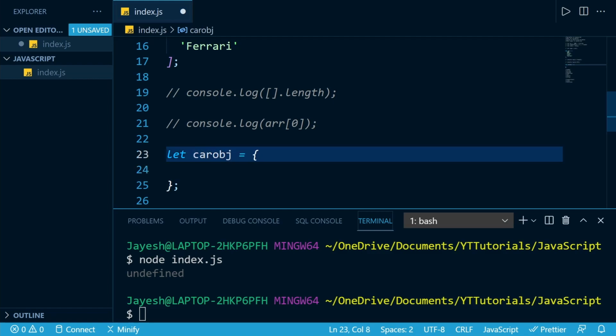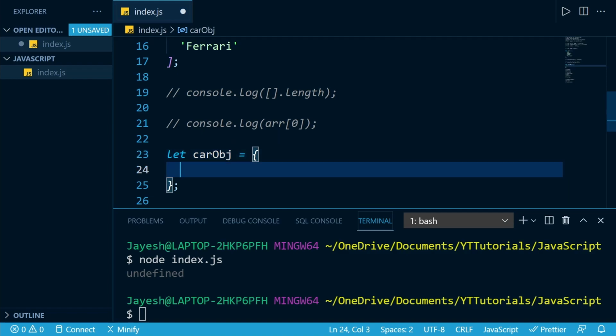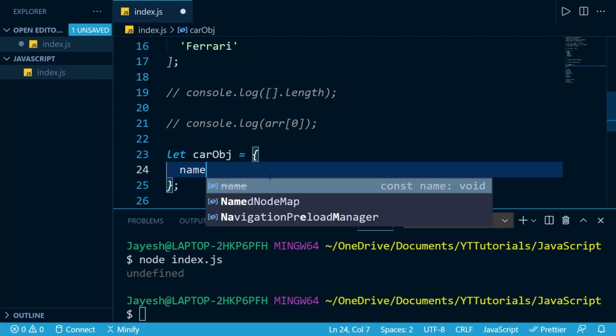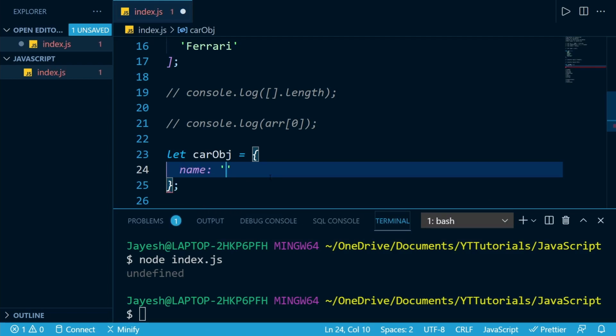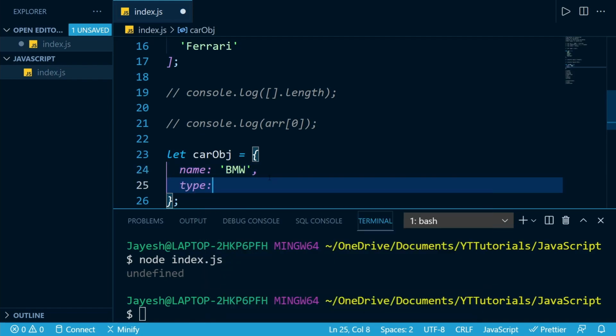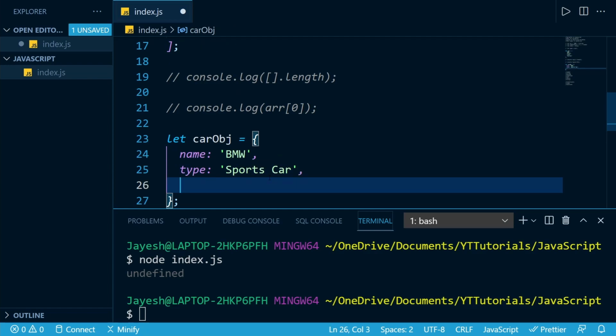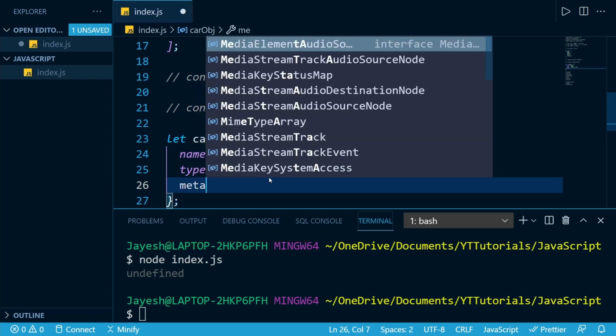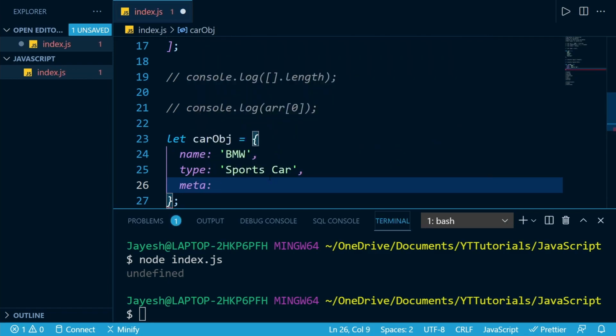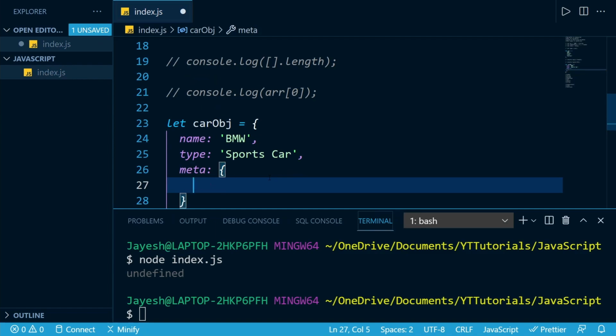maybe we want a car object. It will have the following properties. The car will have a name, of course, maybe it's BMW, and the car may have a type, maybe it's a sports car. And it may have some metadata, so we may have some property called meta, and its value can be another object.